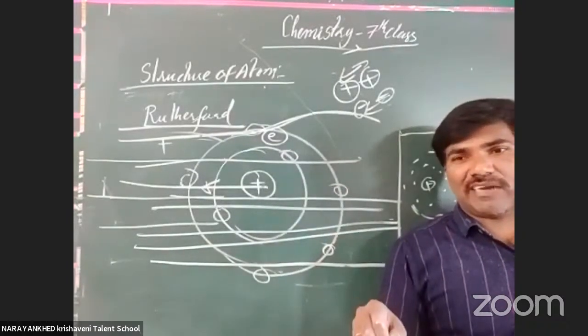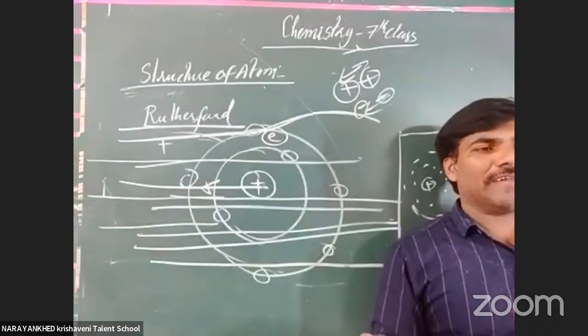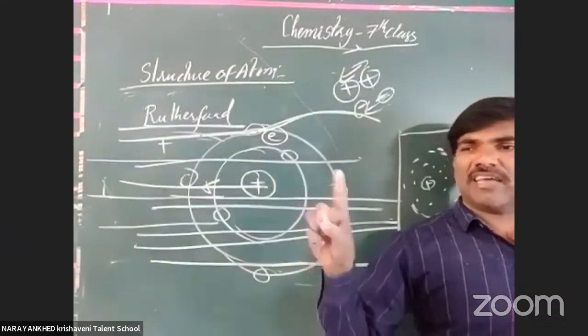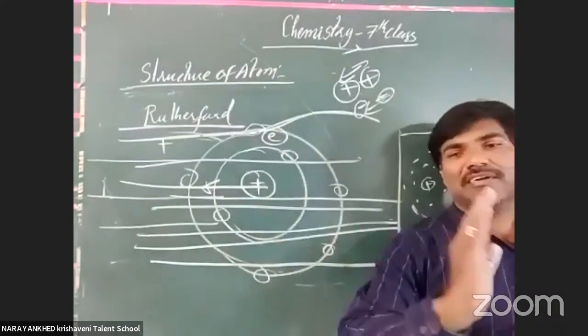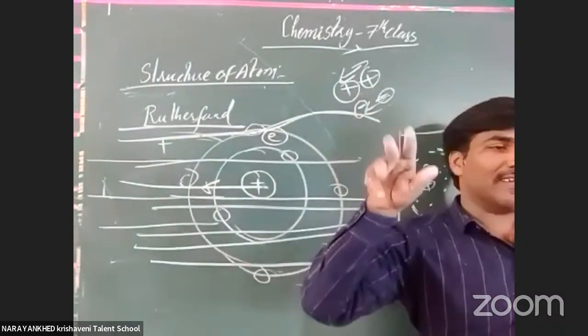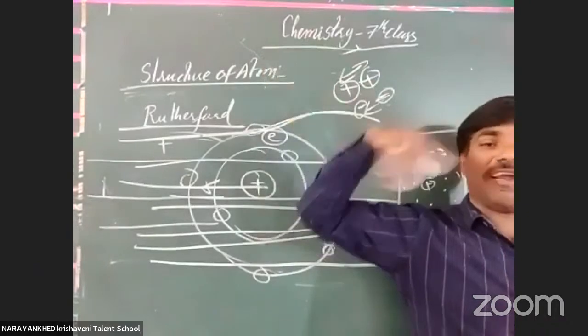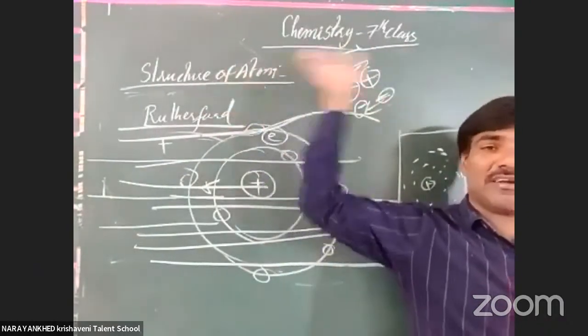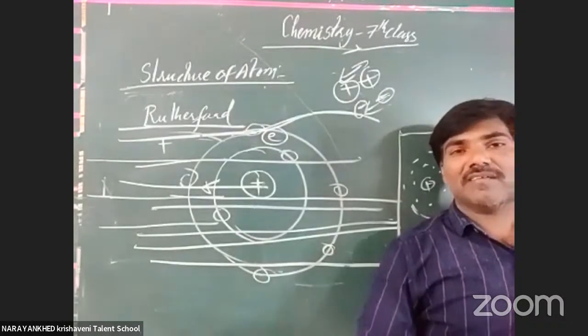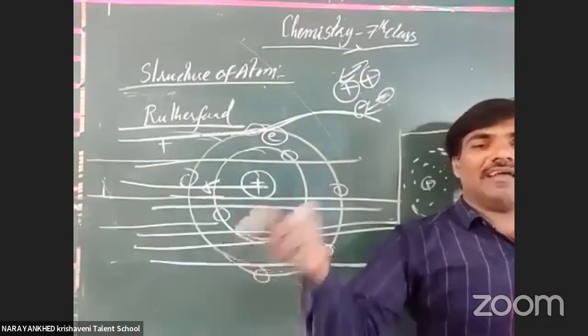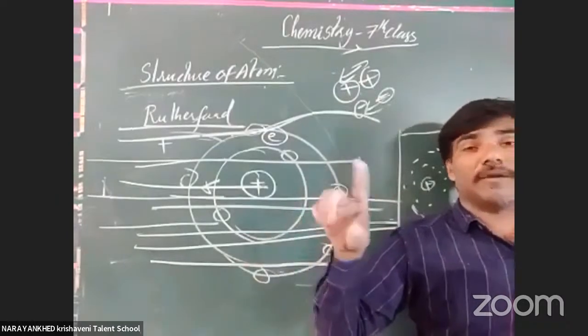Protons, where are they located? What are the fundamental particles? Positive charge, negative charge. Where are they located? At the center they are located. That's why it is written. Yes, electrons are there. They deviated from their original path around the center. Means what? The electron is outside the center. Now, the center is called the nucleus. Yes, the places where these electrons revolve are called orbits.